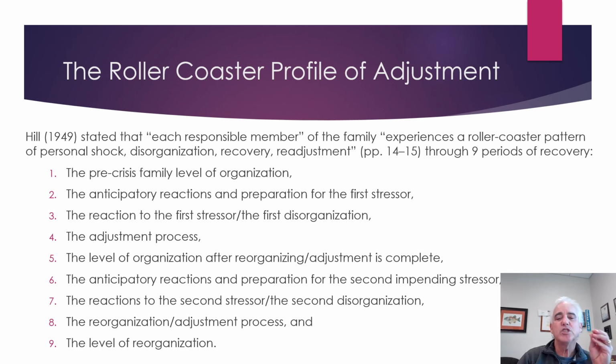He stated that each responsible member of the family experiences a roller coaster pattern of personal shock, disorganization, recovery, and then readjustment. And he wrote about 9 periods of readjustment. Now, keep in mind that Hill is writing about military families, in the 1940s,